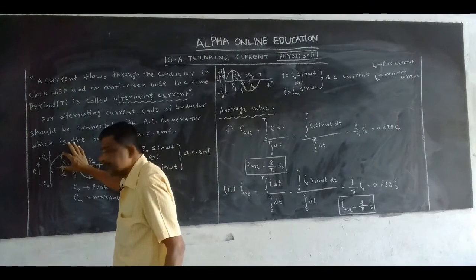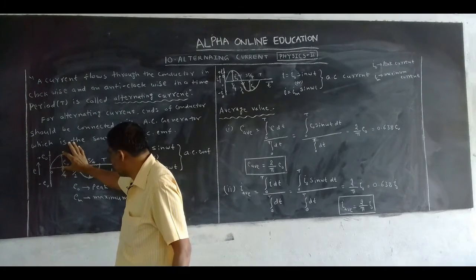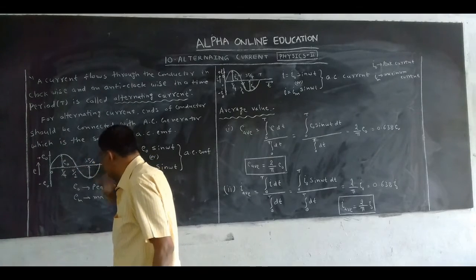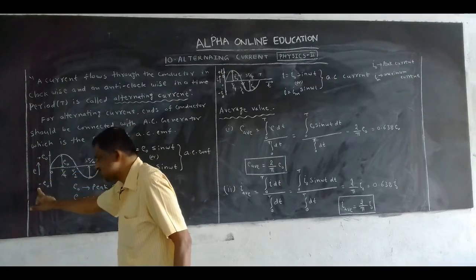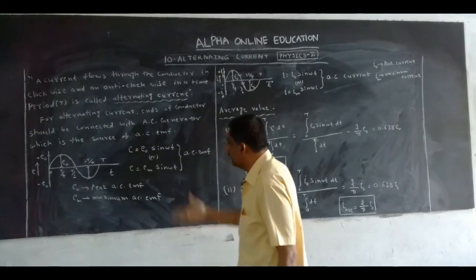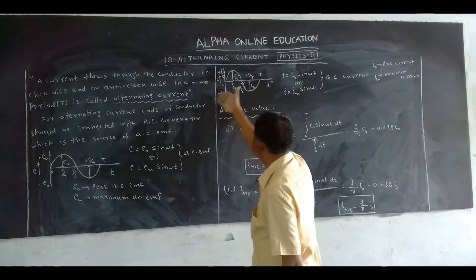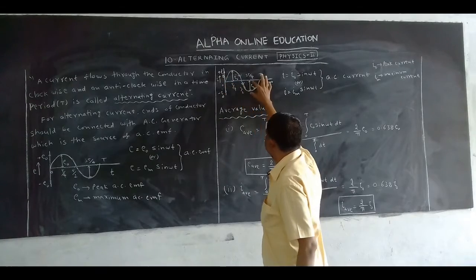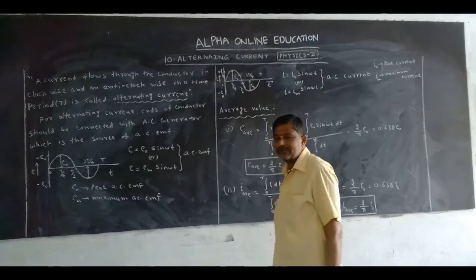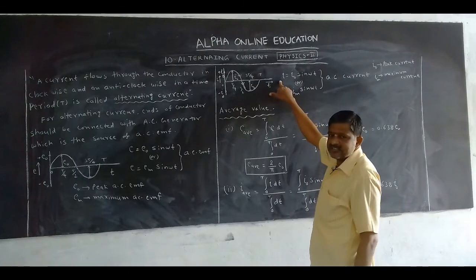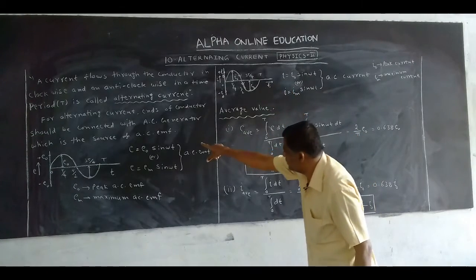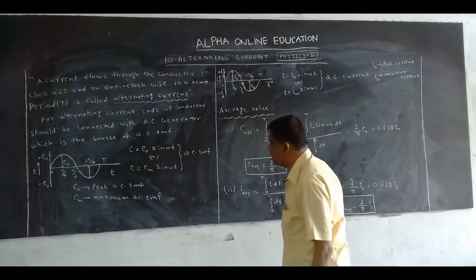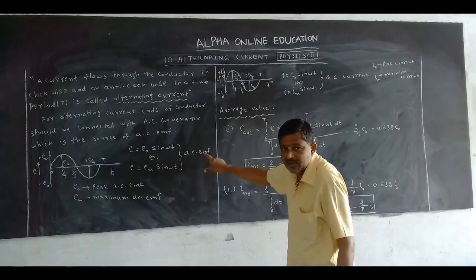This is the maximum or peak. This is also a maximum or peak, but it is in the positive cycle. This is the negative cycle. That's why here it is plus E naught, and here it is minus E naught. Due to the AC EMF, we get the AC current like this also. Here it is a positive peak value, and here the anti-clockwise peak value is on the negative side. So what is the equation for AC current? The AC EMF equation is E is equal to E naught sin omega t, or E is equal to Em sin omega t.